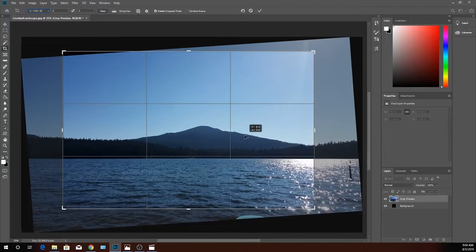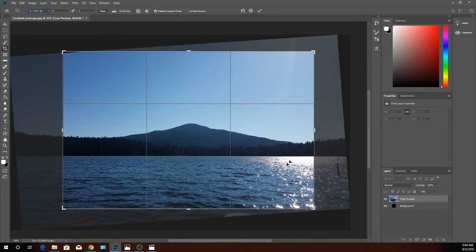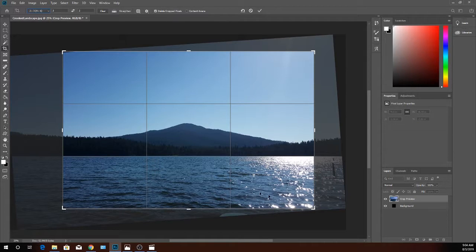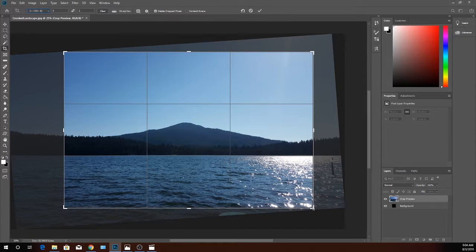That being said, I want the image to be a little further over because I really want this sunlight over here. Here we go. Now I'll probably drag it down a little bit. Okay. Alright. And that gives me my hill in the background, my sunlight over on the right,